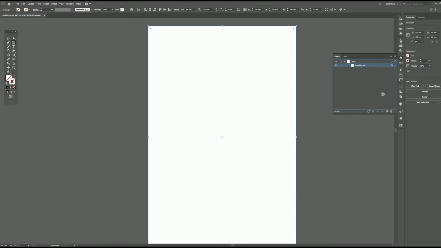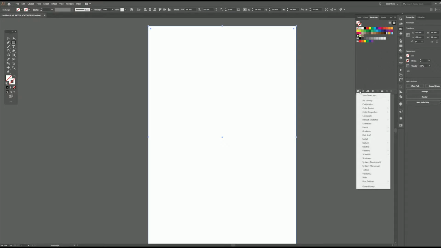So once we've done that, I'm going to create a second one from that. I'm just going to click and drag that, and that allows me to have a copy of it exactly in the same place. And now this time I'm going to call it color background, and so now I'm going to come up to our swatches because this color background needs to have a color applied to it. In my last 2 videos, which was part 1 and part 2, we looked at creating color palettes for fashion. So what we're going to do now is we're going to come down to our library, so that's the little books on the shelf, and we're going to come down to user defined. So these are the ones that we've created. So I'm going to go to this one,